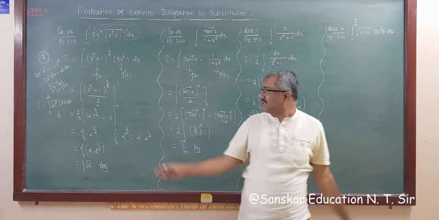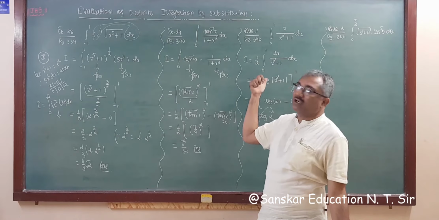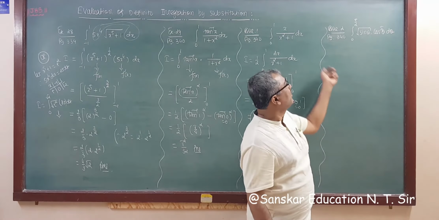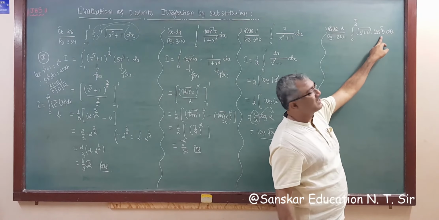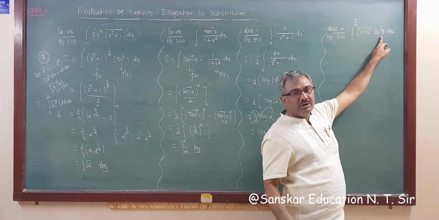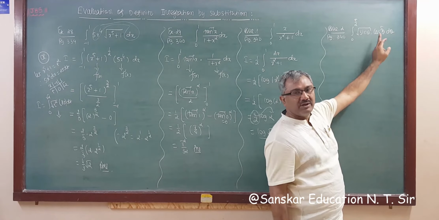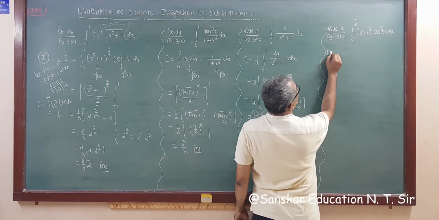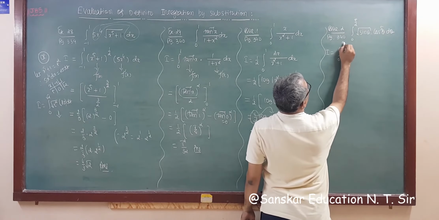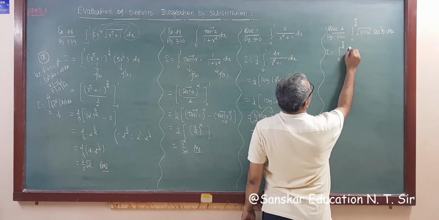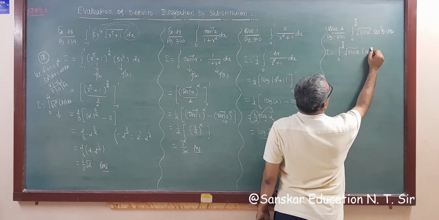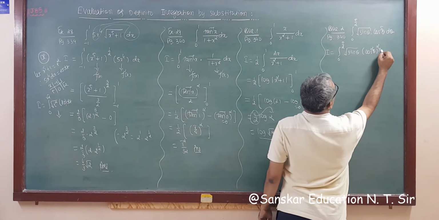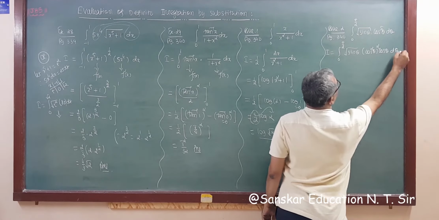Right? So this formula f(x) into f dash x is not applicable here. So what to do? We have to compulsorily assume here, right? But we need only one cos. So there is a 4 into 1, that is 5, right? So I am writing like this: integration 0 to pi by 2 root sin theta, right, into cos square theta whole square into cos theta d theta.